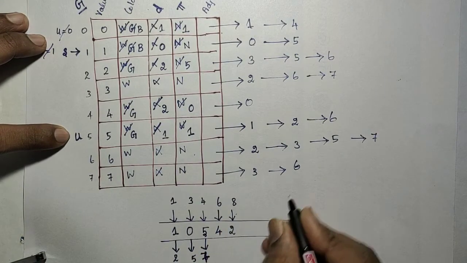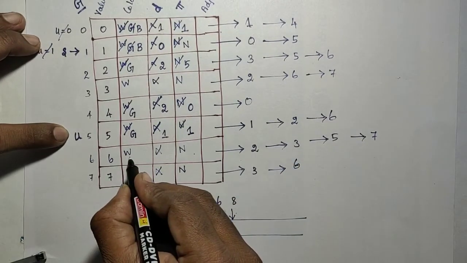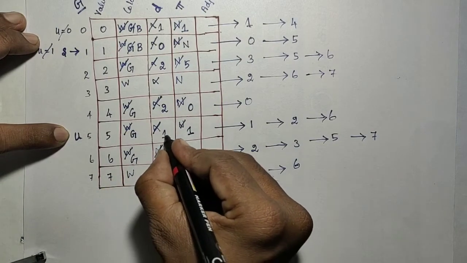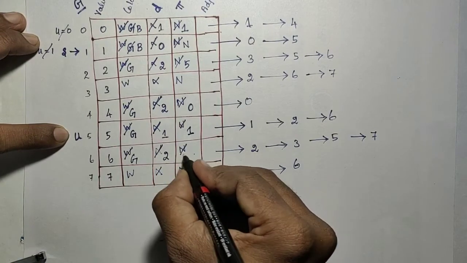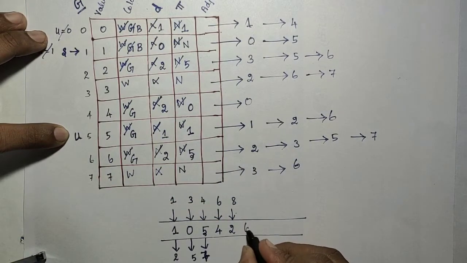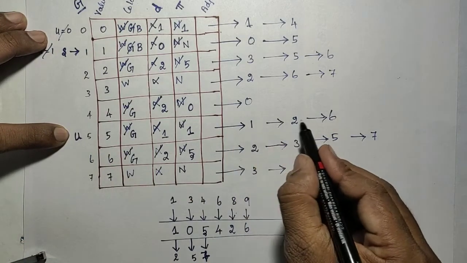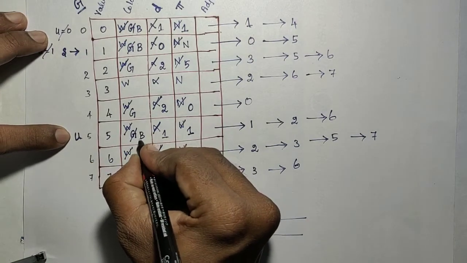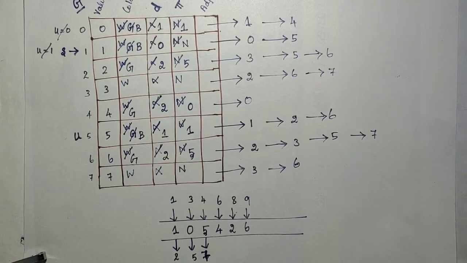2 is inserted. Then you go for the 6. 2 is visited, go for the 6. 6 is not visited. Not visited means visit, color is changed and distance is changed to 1 plus 1, that is 2, and the parent is updated with 5. Then you insert the 6 into that queue. That is the 9th step. Now 1, 2, 6 are over. It means that U is completely visited, so change the color to black. So that is over.